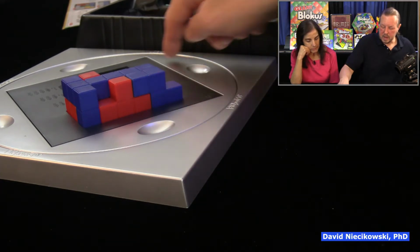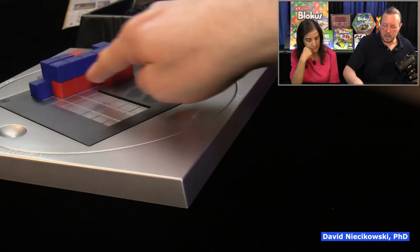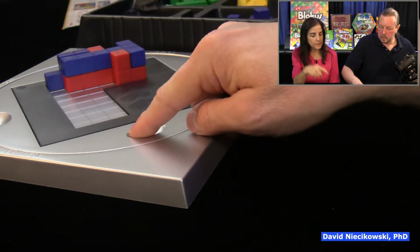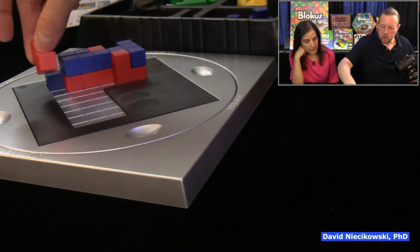So the danger is here, I have no play on this side. Do I have a play over here? Yes, because my red is showing. It seems like you would run out of pieces doing 2-player, don't you think, honey? Oh, eventually you will. Yeah. So I'm going to